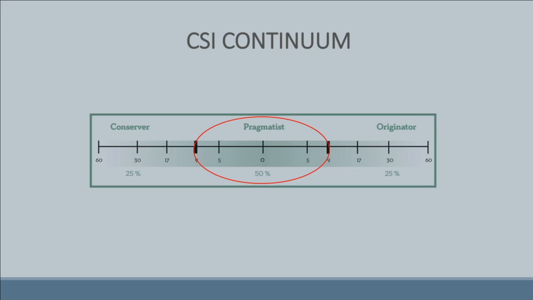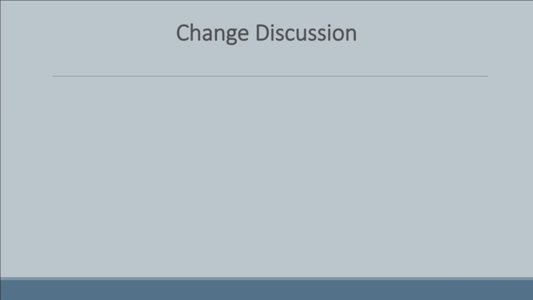And the pragmatist is interesting because within the pragmatist group, you have pragmatists that lean conserver and some pragmatists that lean originator. So while pragmatist is a thing in and of itself, there are shades of different styles within the pragmatist style. So the interesting thing when you take the assessment is initially, simply enough, you come out on a point along this measurement line. Now, let's think about what that means, though.